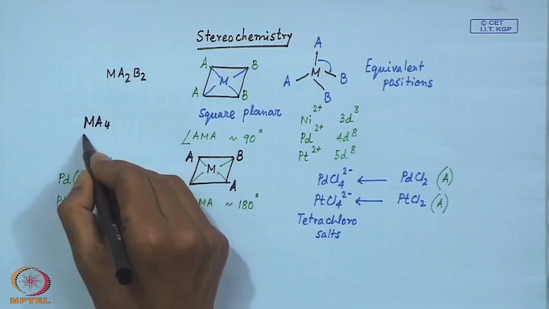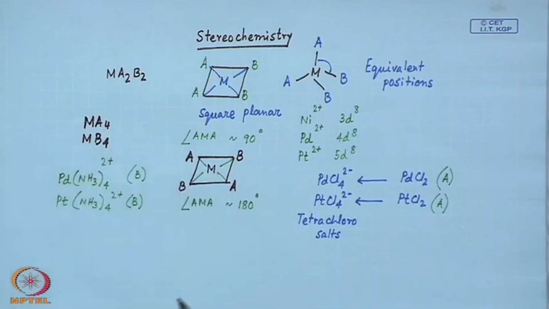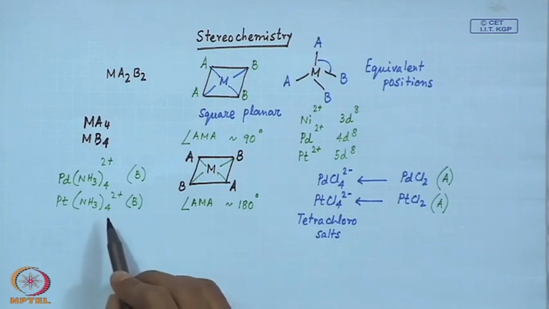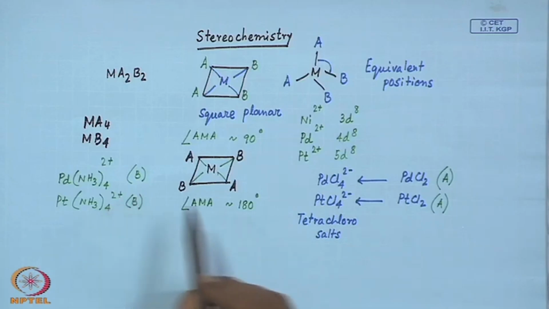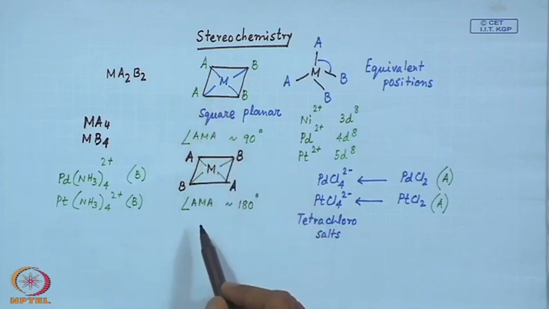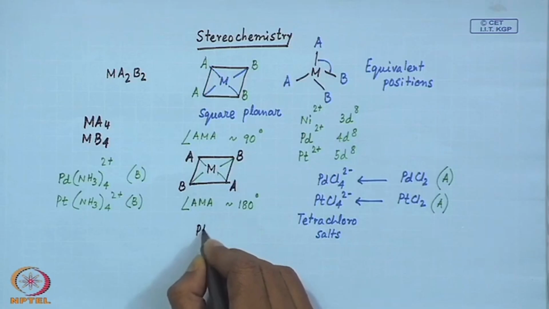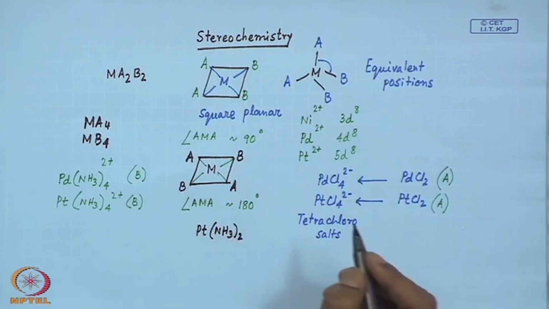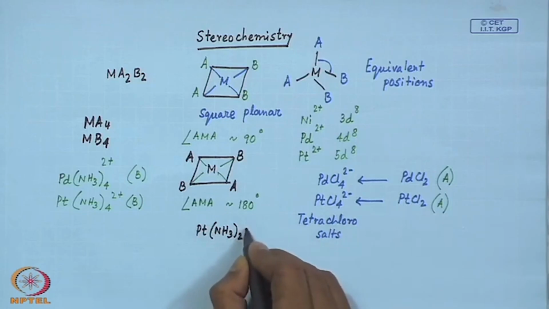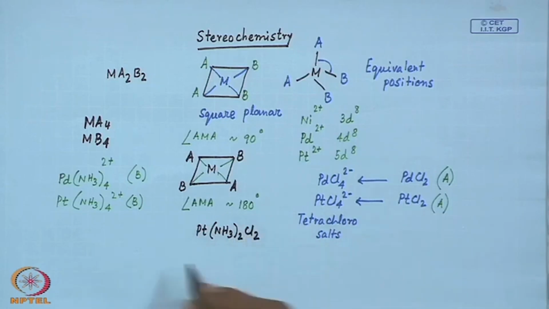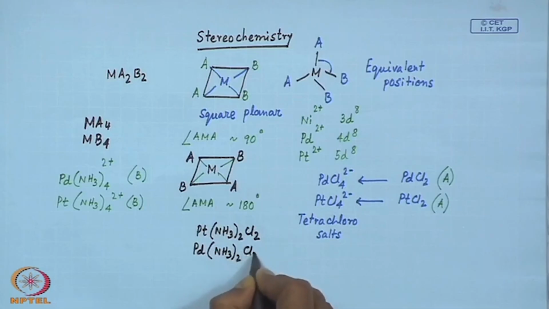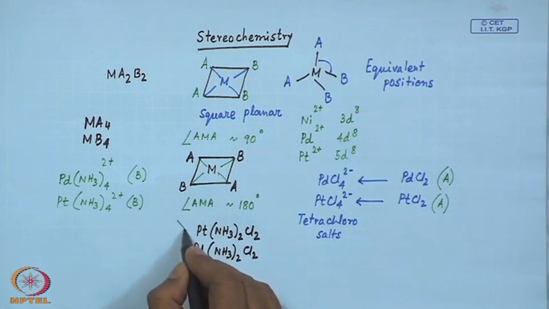as the simple MA4 and MB4 compound. And if by some synthetic procedure we can go from this particular species to some intermediate formation of these MA2B2 type of compound, such that for platinum we can have MA2 or MB2 and then A2 is the corresponding Cl2 compound. Similarly, we can have it for palladium also. So these are all MA2B2 type of compounds,